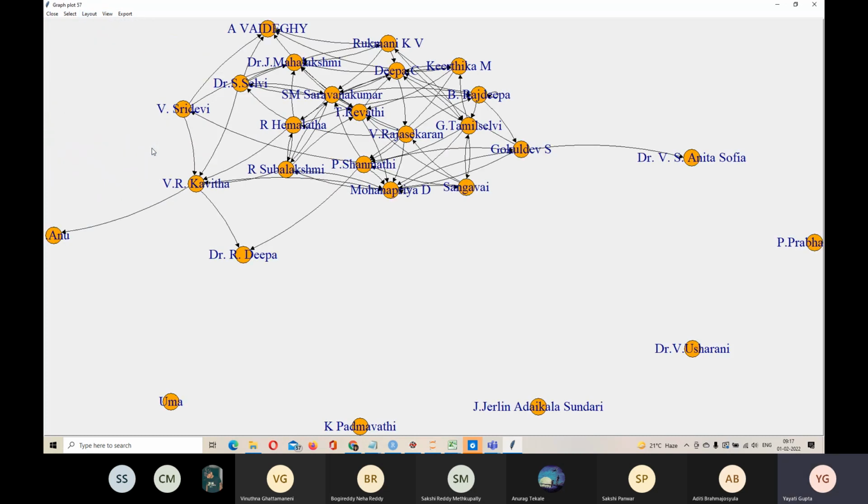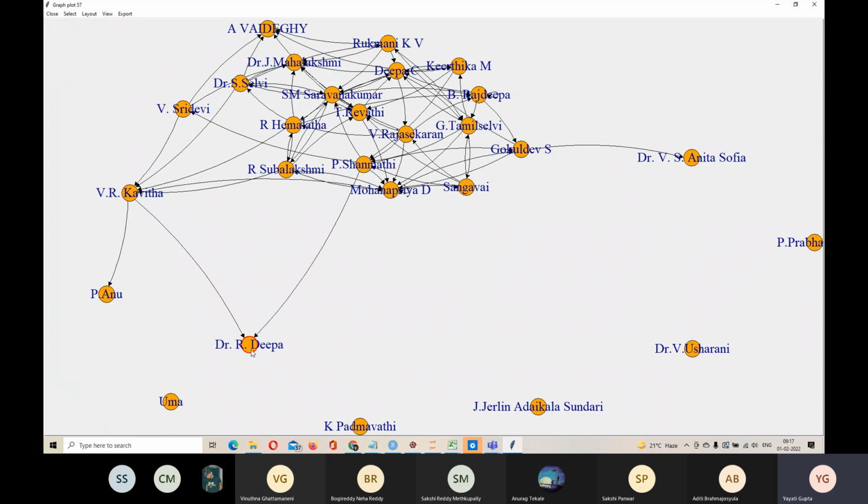Let's portray it in a better way, right? Again you see the same thing. There is this big one component here. There are a few people who are isolated, and you can see which person follows which other person. So you can treat this graph as a very small prototype of your Twitter network.